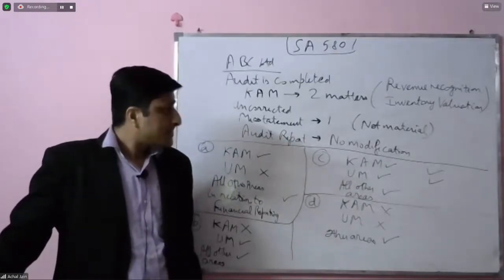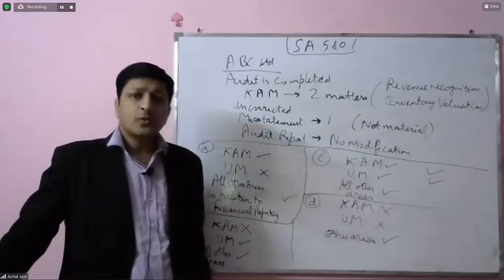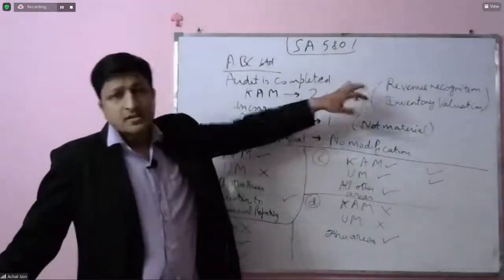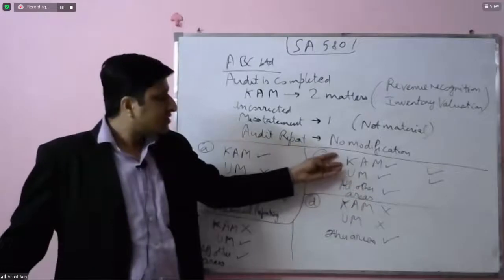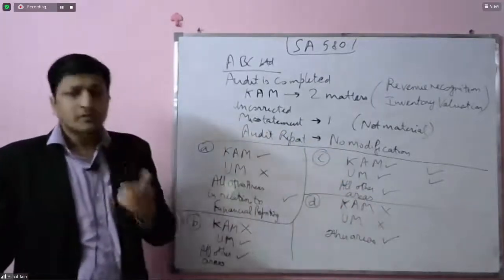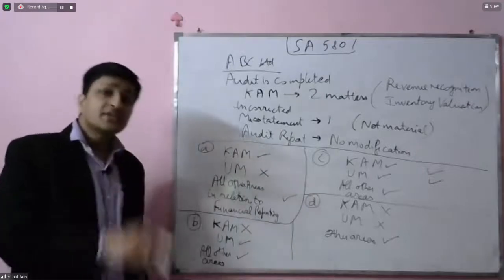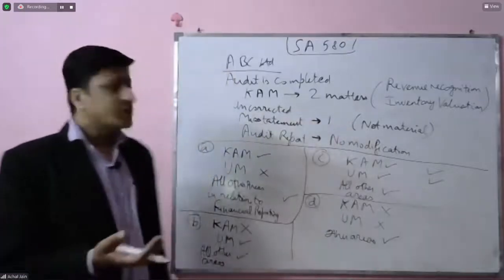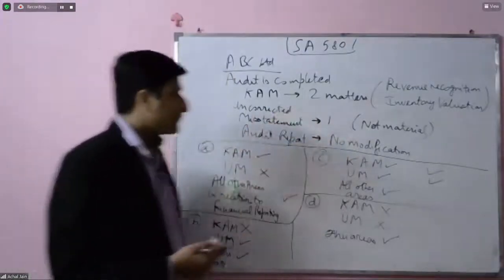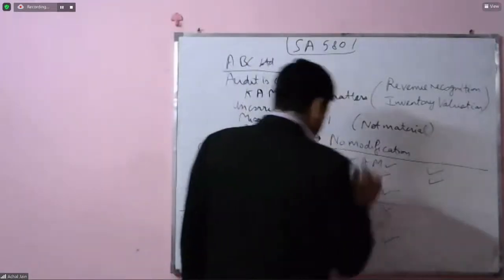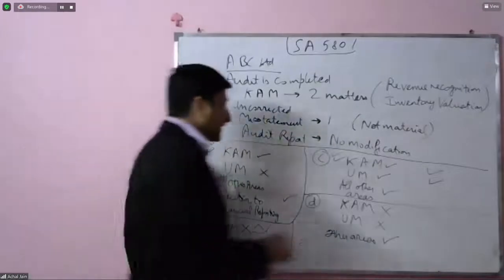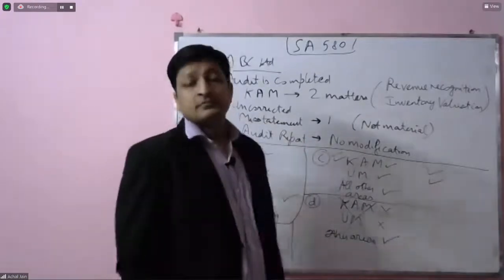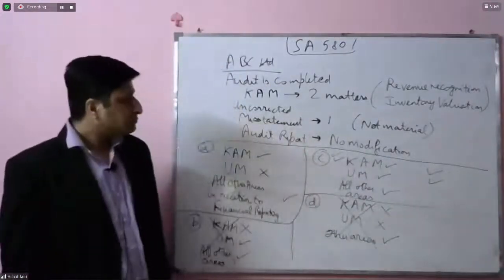Correct? So that's why, in relation to financial statements, representation on these two areas is important. And if this is forming part of CAM, of course, these two also require representation, which is not in the nature of CAM, but in the nature of how the management has got into the financial reporting in respect of these two areas. So that means this is a must. And the moment we say this is a must, option number D and option number B go off. Correct? Number 2,